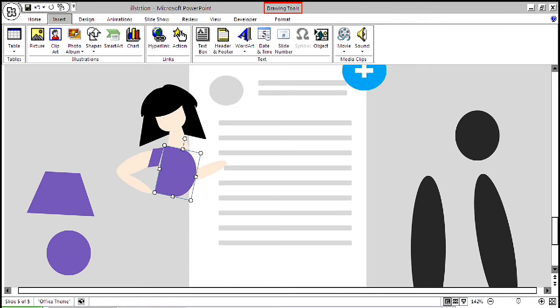You can stretch it, you can resize it, anything you can do. Resize the neck and adjust the neck according to the above body part.